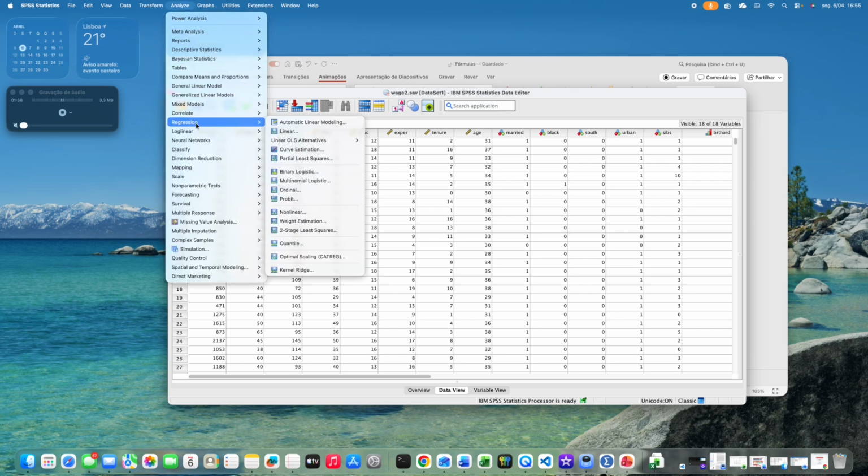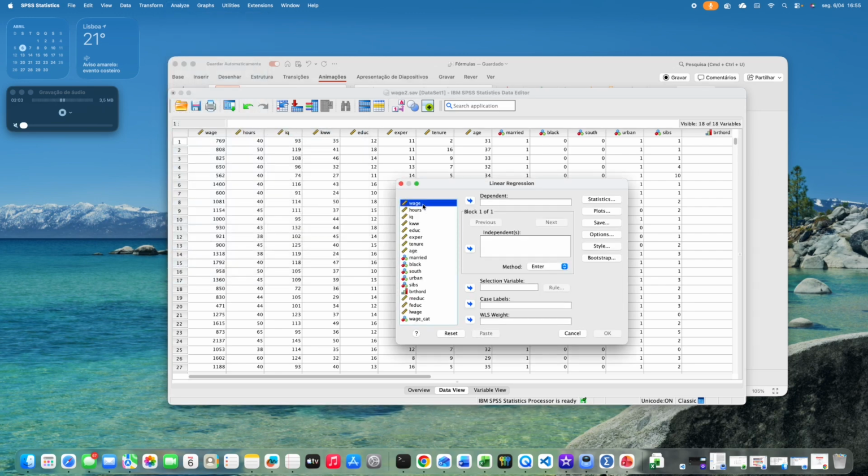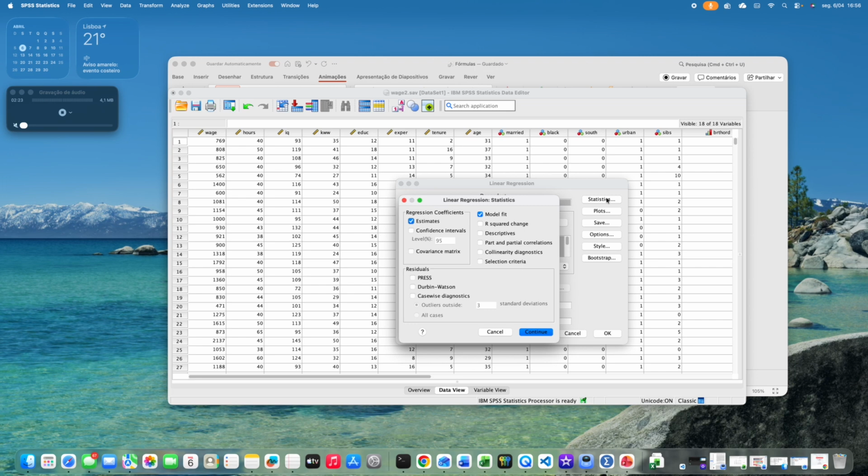Analyze, regression, linear. We choose our dependent variable, wage, and our independent variables, which are hours through age, and we move them into the independent variables box. Next, we go to statistics, and we click on R-squared change and on collinearity diagnostics. We press continue,